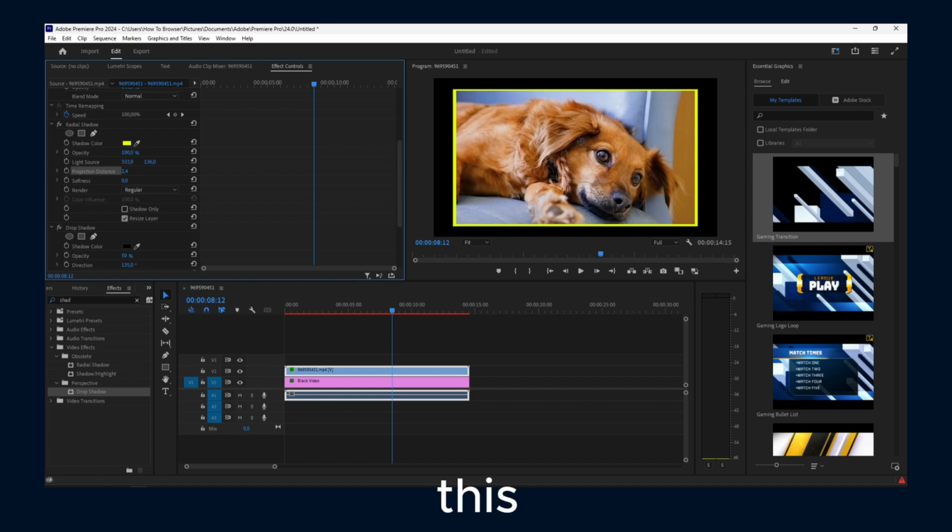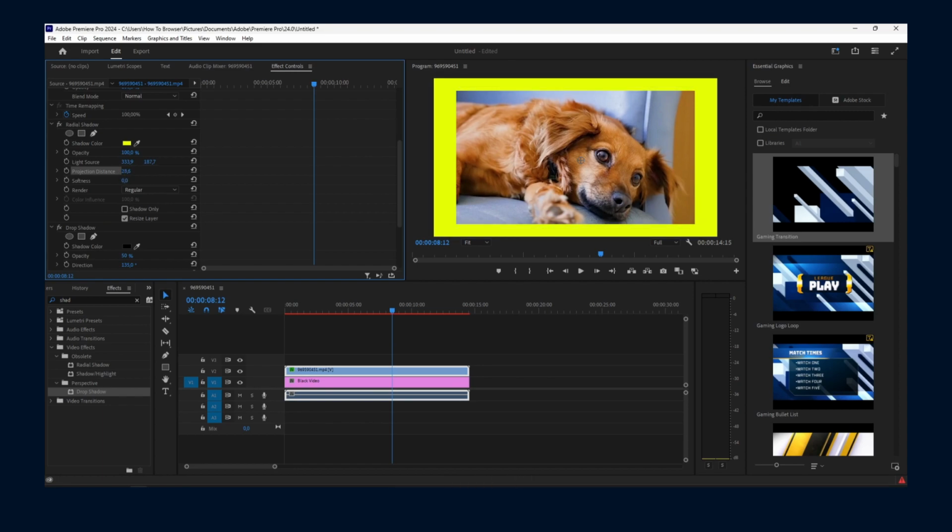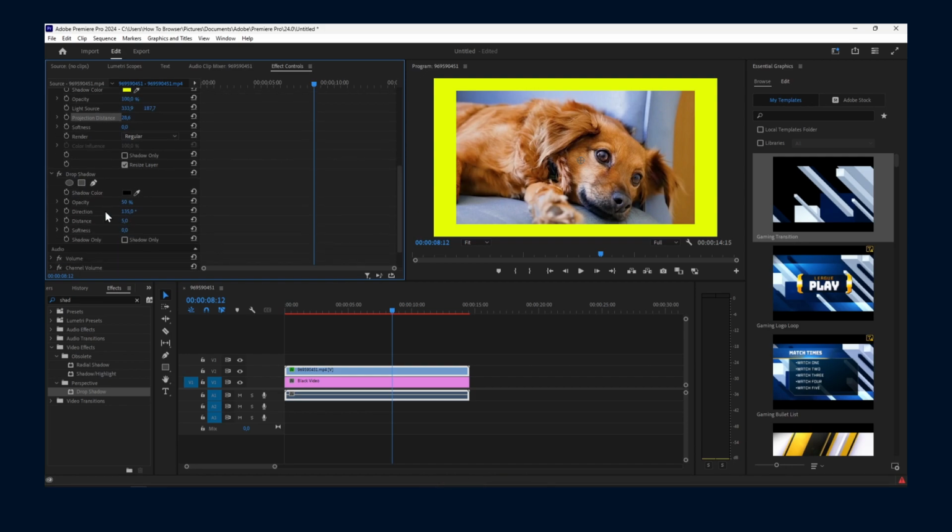And now I will click on light source and I'll move this right over here, right? And now I'll just increase projection, and now I can actually add the frame, right? And now from Drop Shadow, which is pretty cool,